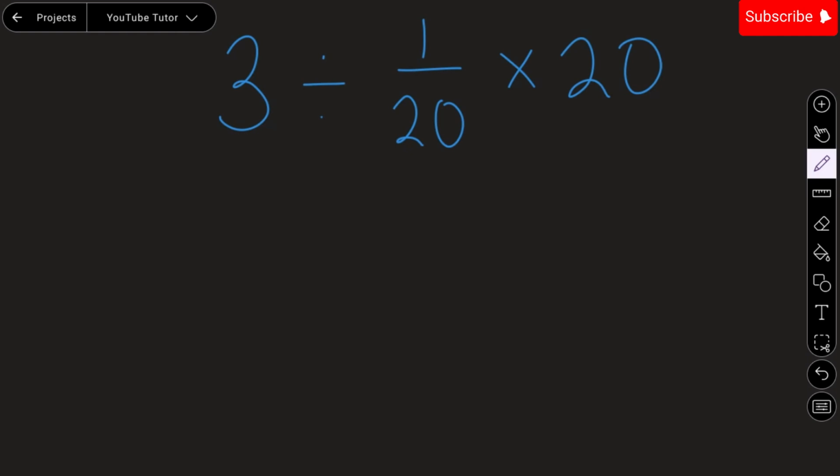Hello everyone. Today we have a question here which says 3 divided by 1 over 20 times 20. So we have something called PEMDAS,